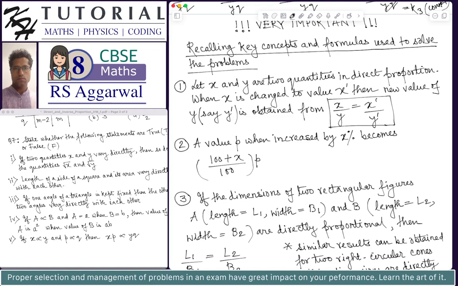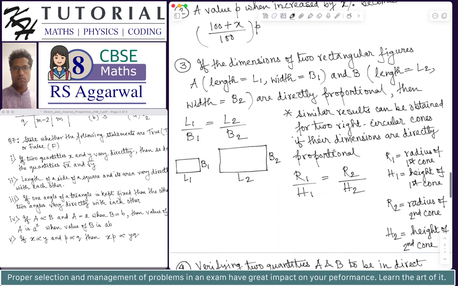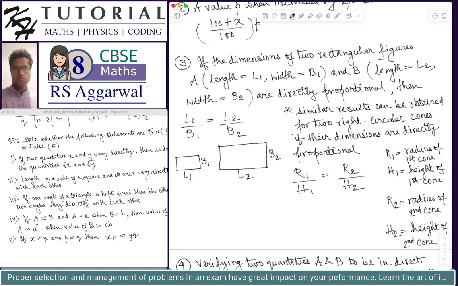So when a value p is increased by x%, the new value becomes (100 + x)/100 multiplied by p. Okay. The next concept is that if the dimensions of two rectangular figures, I have considered the figures